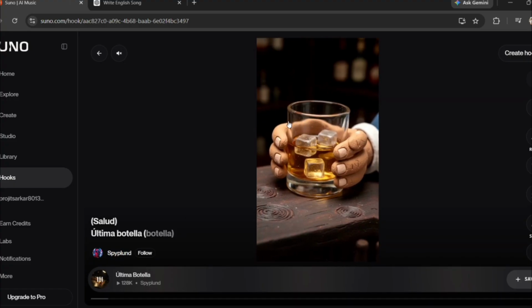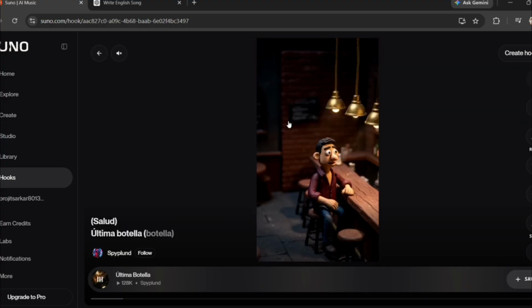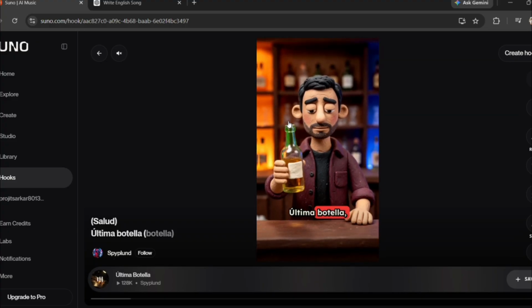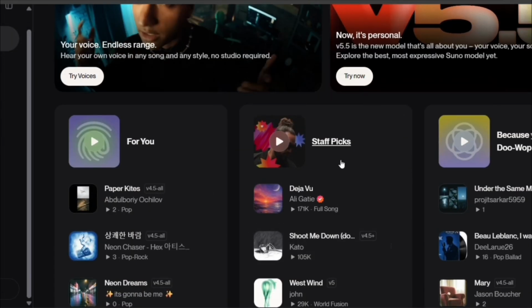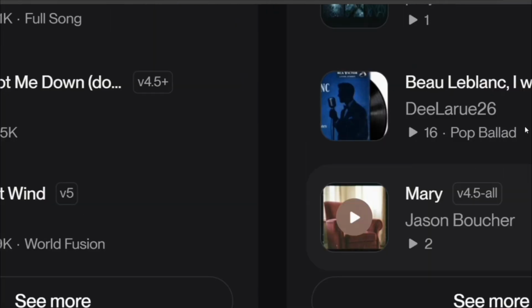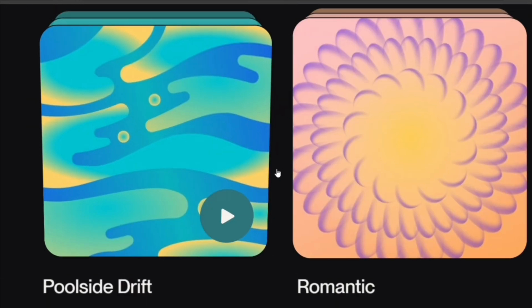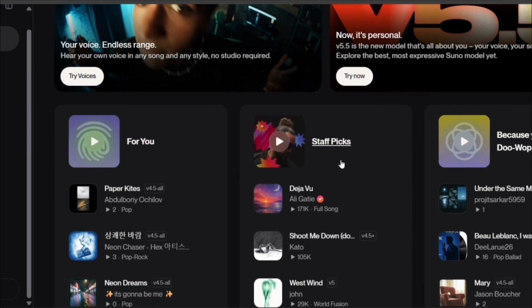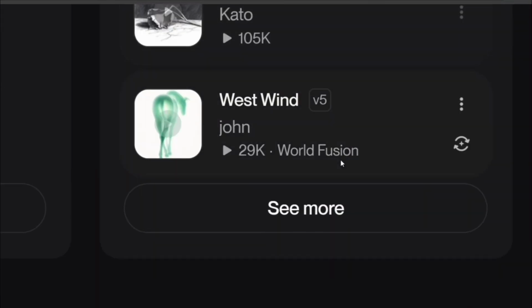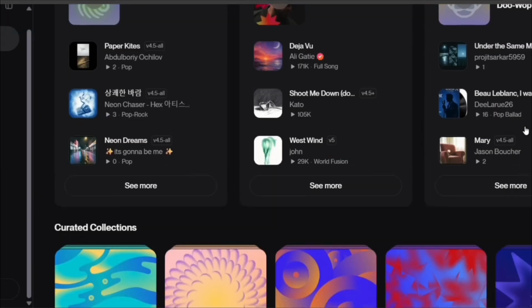Fix number 1, change the prompt. If your prompt is triggering the error, remove famous artist names, existing song titles, requests to copy a specific song, and copyrighted lyrics. Replace them with original descriptions of genre plus mood, plus instruments, plus tempo, plus vocal character, plus production style. That gives Suno enough creative direction without asking it to imitate protected material.